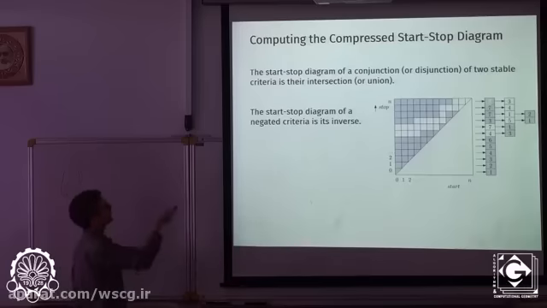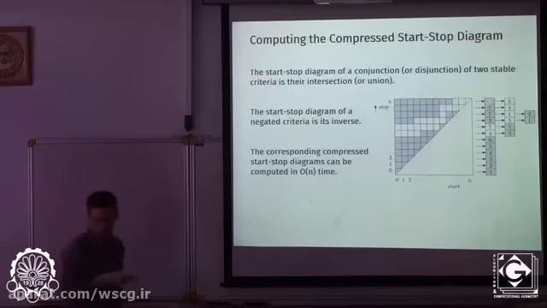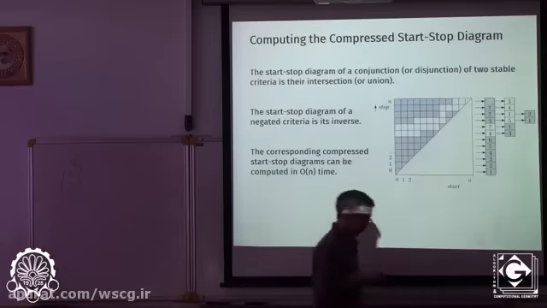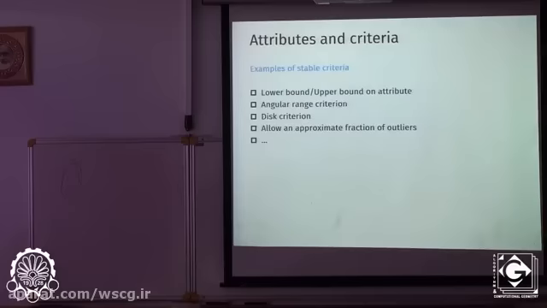So all of these operations now simply take a linear time. So let's see what we can handle by now. Let me give you a few examples, not all of which we were able to handle previously. We can give lower and upper bounds on attributes. That was an example of a decreasing monotone one. The angular range criterion was also decreasing monotone, and this criterion is also decreasing monotone, but we now can also do something like